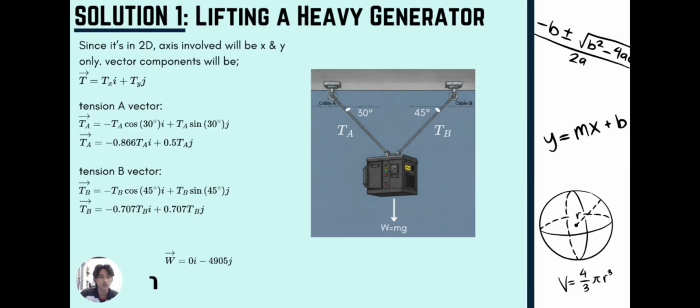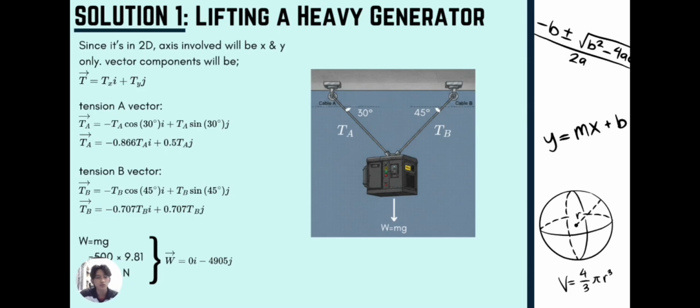Okay. So for the solution, since it is in 2D, the axes involved will be the x and y directions. The vector components will be T equal to Txi plus Tyj, where T means the tension force. For tension A, we will calculate the cos and sine, which will be negative 0.866 TAi plus 0.5 TAj. For tension B vector, it will be negative 0.707 TBi plus